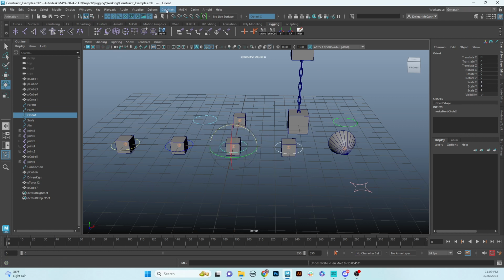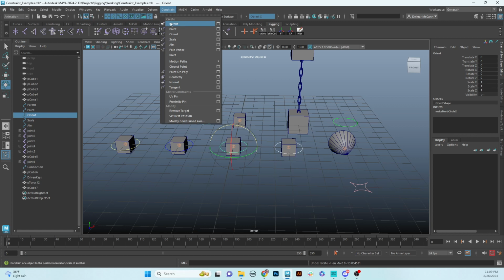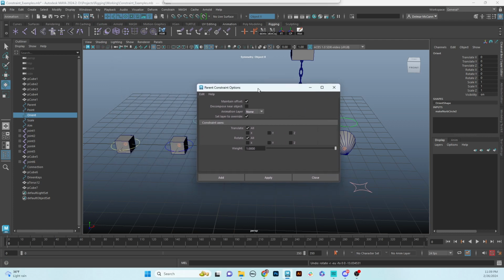Each of these constraints has options in the option box. You can see them here. Maintain offset means it's going to leave the child wherever it is. Whatever control you're having can control the other object, and the object that's being controlled is going to stay in place. If I uncheck this and I had a control over here and I was trying to control this object and I didn't keep maintain offset on, it would move that object to the pivot point of the controller